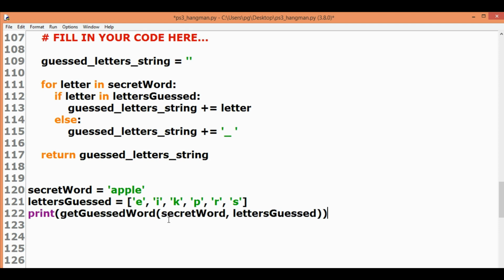Finally, we make the call to the function coded by us above, passing it the secret word string and letters guessed list as arguments and printing the value thus returned.